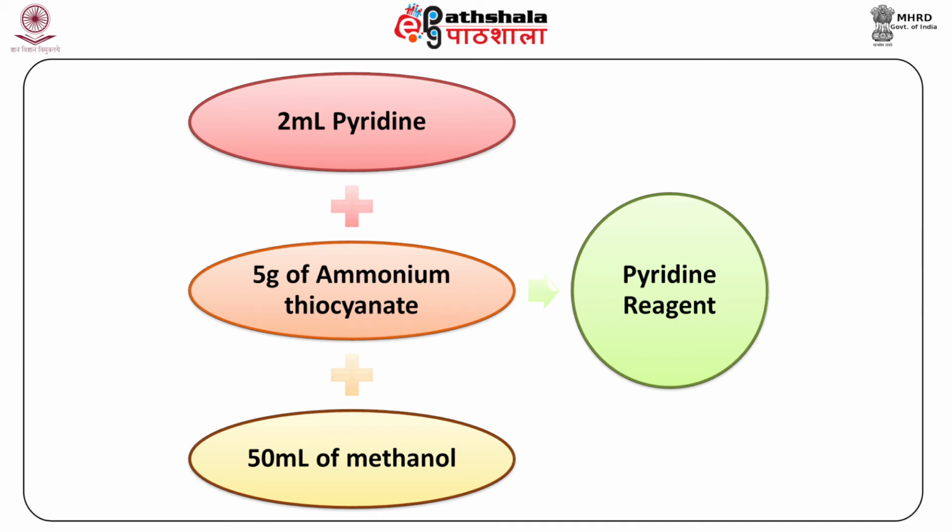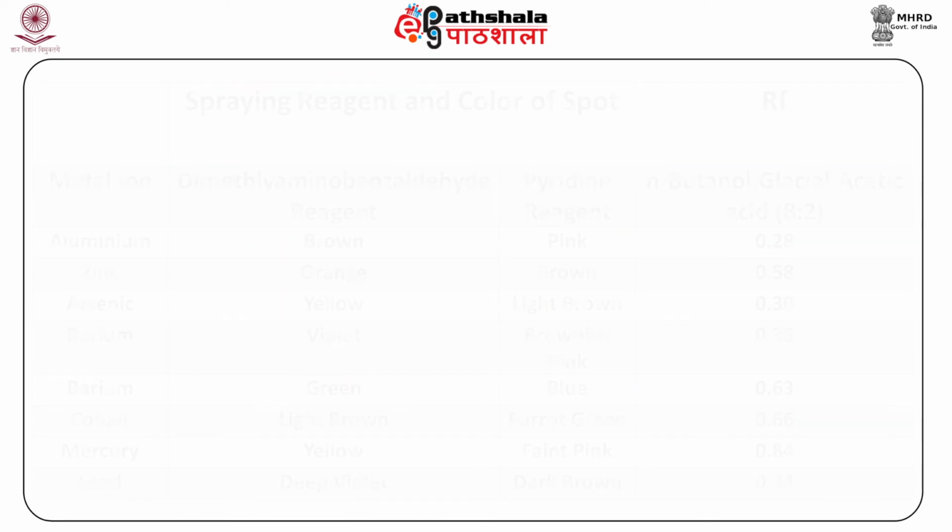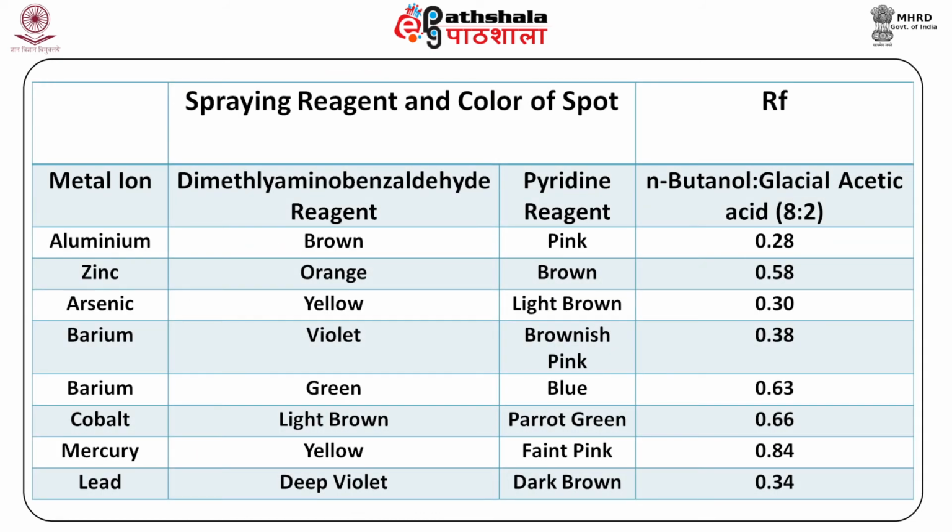B. Pyridine reagent is prepared by adding 2 milliliters pyridine and 5 grams of ammonium thiocyanate in 50 milliliters of methanol. The table shows the response of various cations to the solvent system,